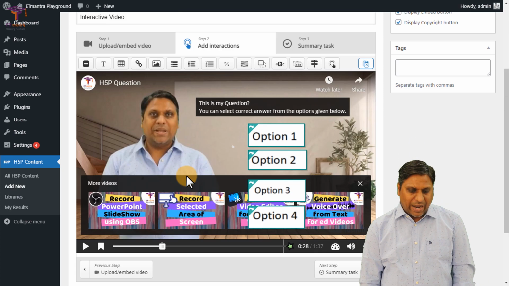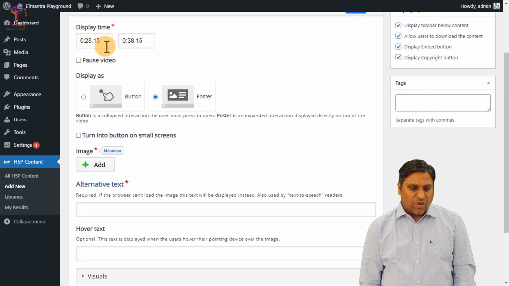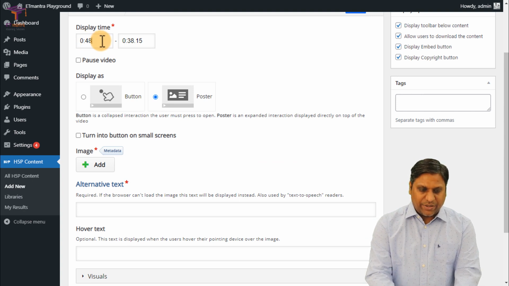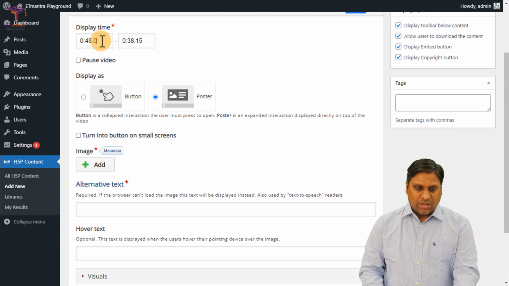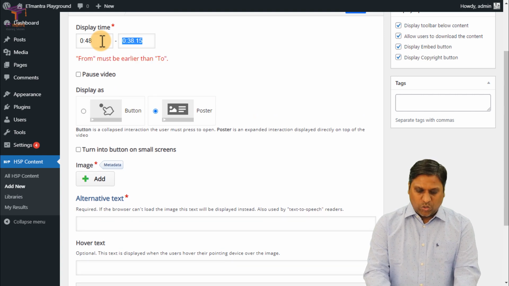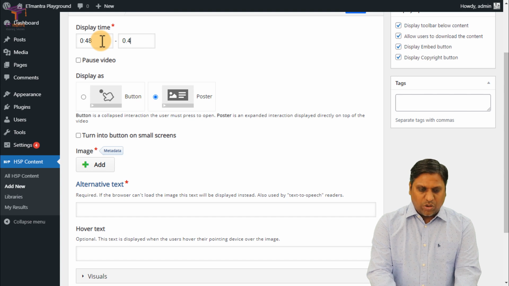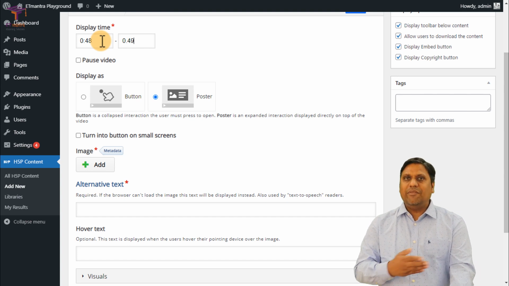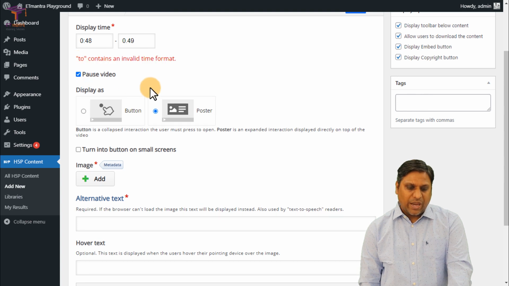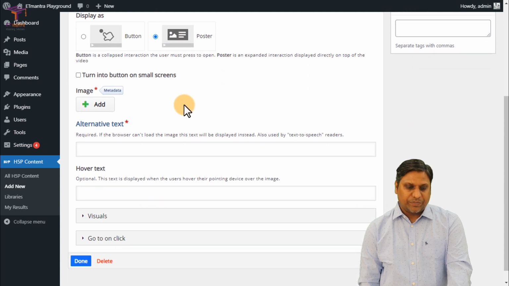So I will add an image from which time? 48 time, correct? 48.0 to 49.0, because anyway it will not reach 49, because I am going to pause the video and it will display as a poster, turn into button on a small screen.